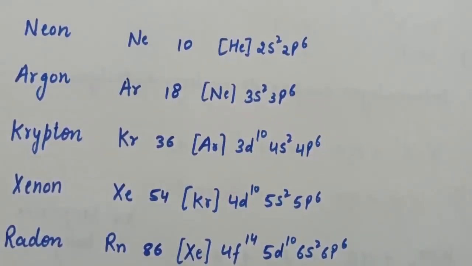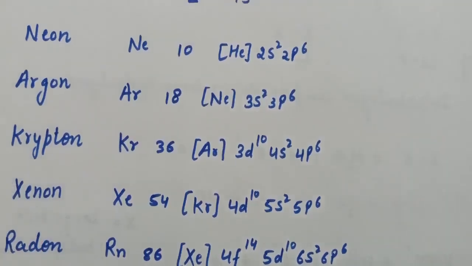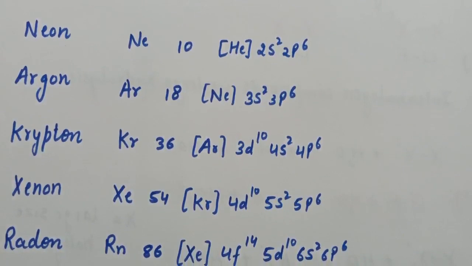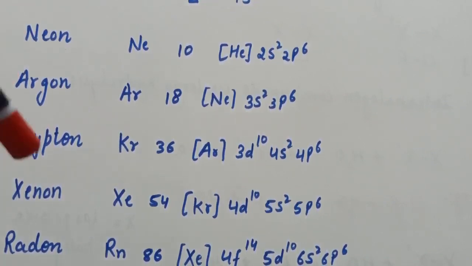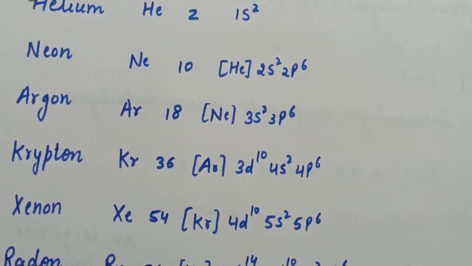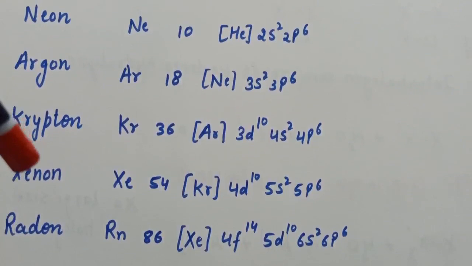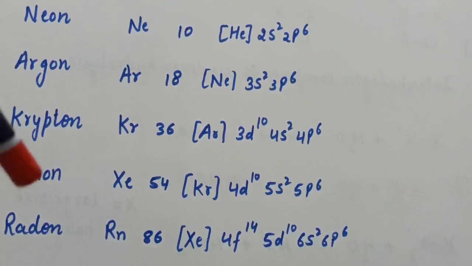Now if we talk about the occurrence of group 18 elements, all the noble gases except radon occur in the atmosphere, and their atmospheric abundance in dry air is 1% by volume, out of which argon is the major constituent. Helium and sometimes neon are found in the minerals of radioactive origin. So helium and neon are found in radioactive origin, whereas xenon and radon are the rarest elements of this group, and radon is obtained as a decay product of radium. So this is all about the occurrence of group 18 elements.